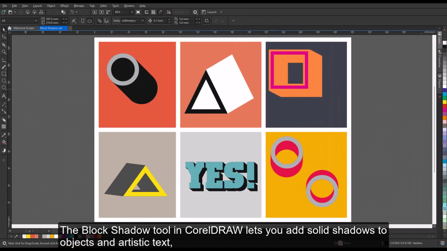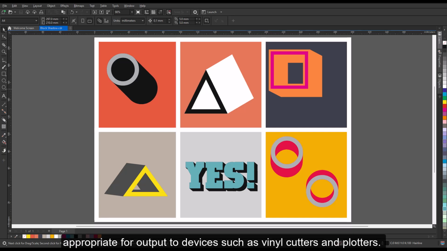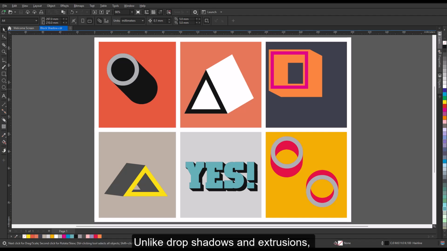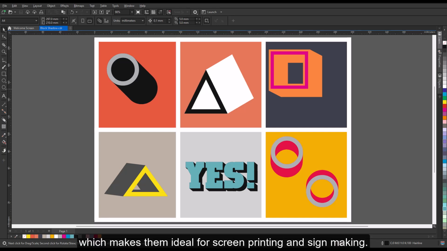The Block Shadow tool in CorelDRAW lets you add solid shadows to objects and artistic text, appropriate for output to devices such as vinyl cutters and plotters. Unlike drop shadows and extrusions, block shadows consist of simple lines, which makes them ideal for screen printing and sign making. If you are planning to print or export your document, you can specify block shadow settings to suit your